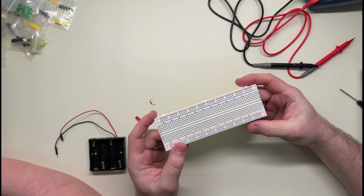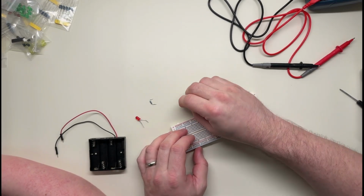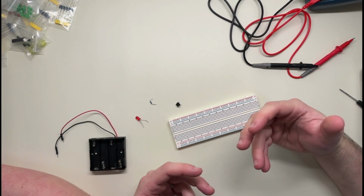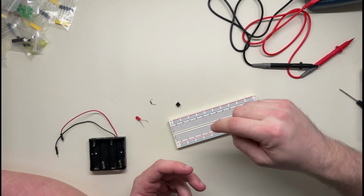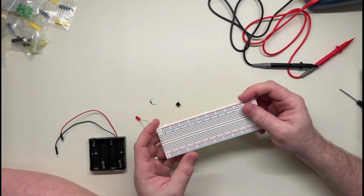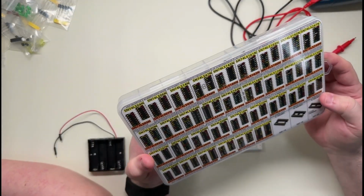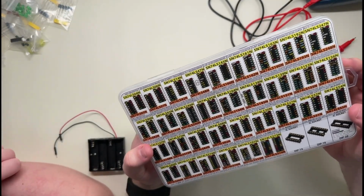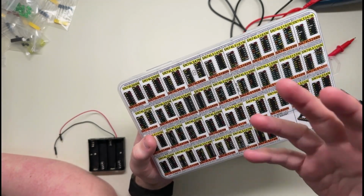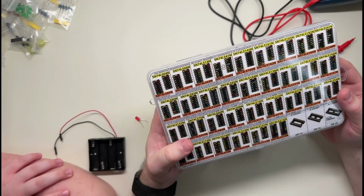I don't have a big plan for this one. Last time we hooked up a button and made the light up, so I thought maybe we should make the light up when you're not pushing the button, like a logical inversion. So I have this kit of lots of 74LS chips, which are like logic gates and things like that. And so we're going to use, I think, a hex inverter